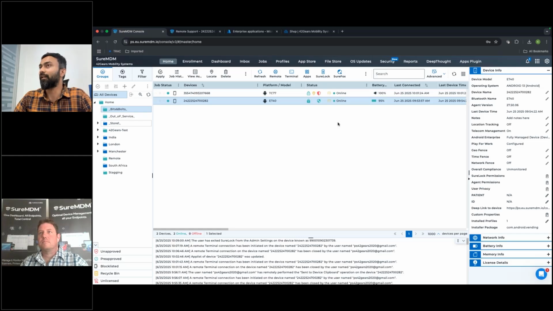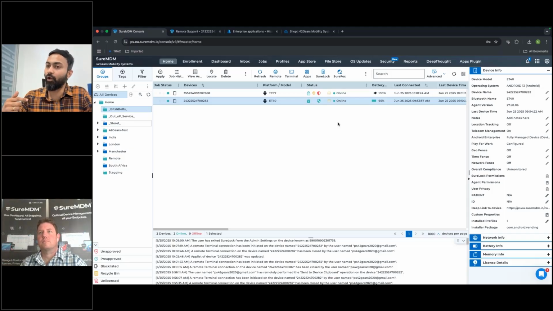So most of you on the call have already used SureLock as a kiosk mode. Now, how do we enhance that? How do we impress our management with a revenue rate increase by using a single device that can be used by multiple people? For example, in a vertical like the retail sector, if the same device is used by multiple employees in the store,